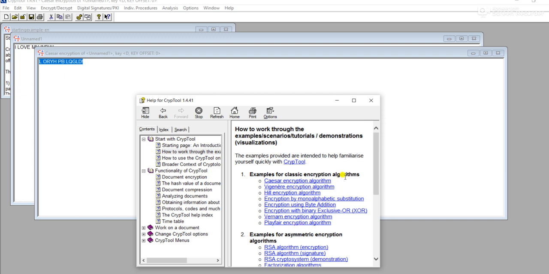I hope you have understood how you can install and download the crypto software and how you can use it. So try your hand at this software, explore it, and try to enhance your knowledge related to